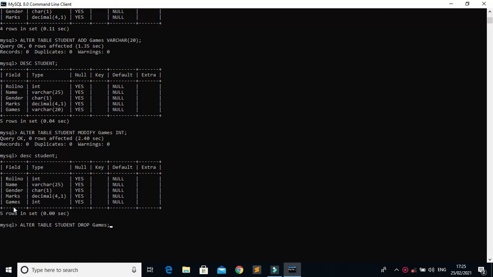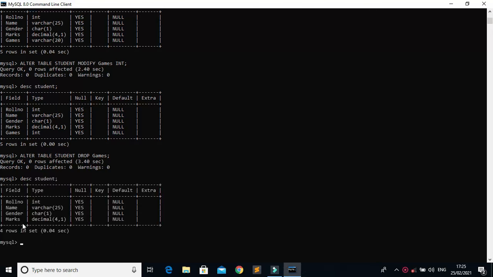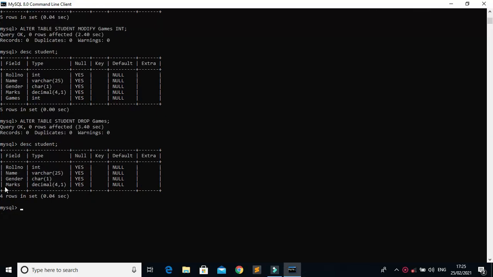Now just press the enter key and you will see that it says Query OK, 0 rows affected. Now again let's describe the table student. Press the enter key. As you can see, the column named games is removed from this table.